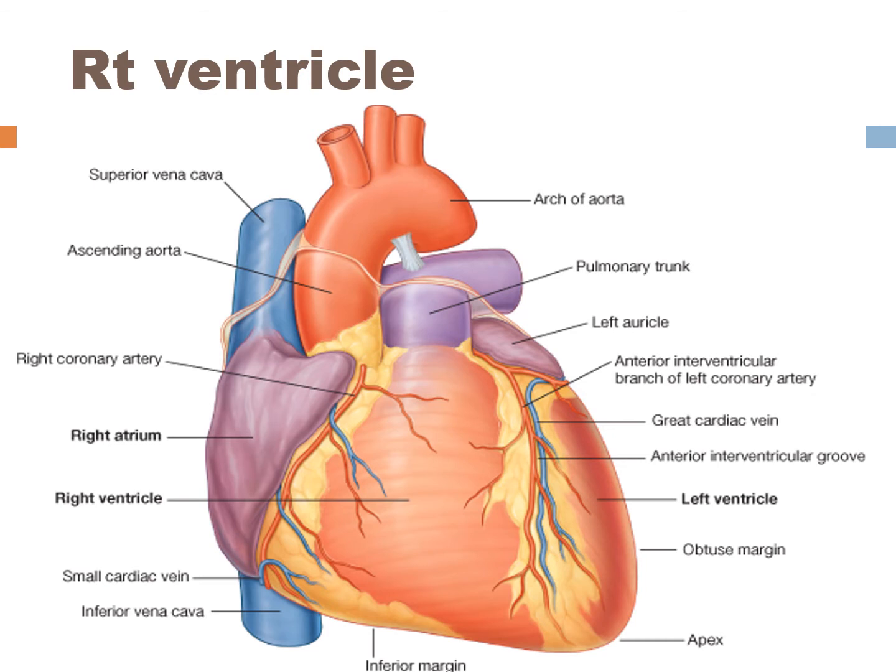So the right ventricle is situated in front and to the left side of the right atrium. This is the part of the right ventricle. It lies to the left of the right atrium and forms two-thirds of the sternocostal surface, most of the inferior border, and one-third of the diaphragmatic surface of the heart. On cross section, the interior of the right ventricle is semilunar, whereas that of the left ventricle is circular.